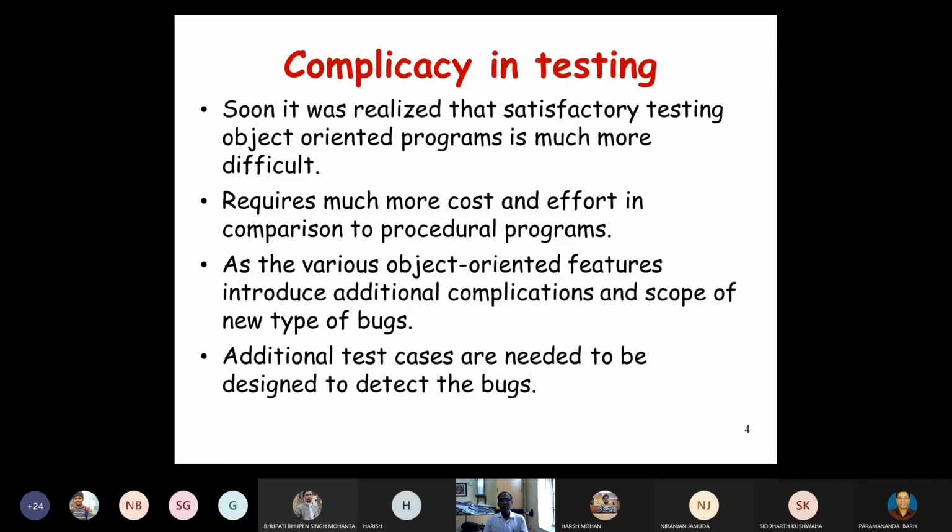Also, there is a scope of new types of bugs in object-oriented programs. So that's why testing object-oriented programs becomes much more complicated.